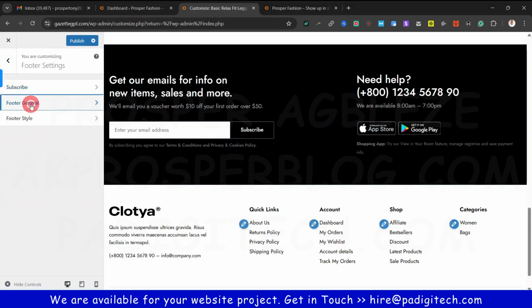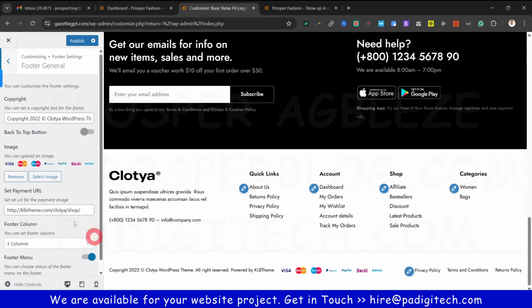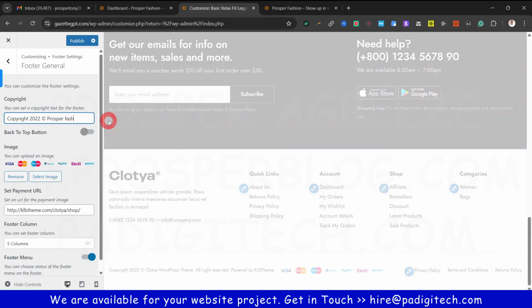So away from there, we have the footer general. The footer general is showing the copyright text, copyright at Clothia WordPress theme this year. So I want to change it, so the name of the store is Prosper Fashion. Then I can say design and managed by